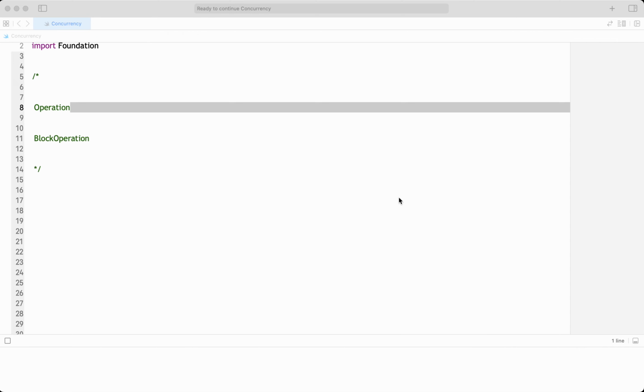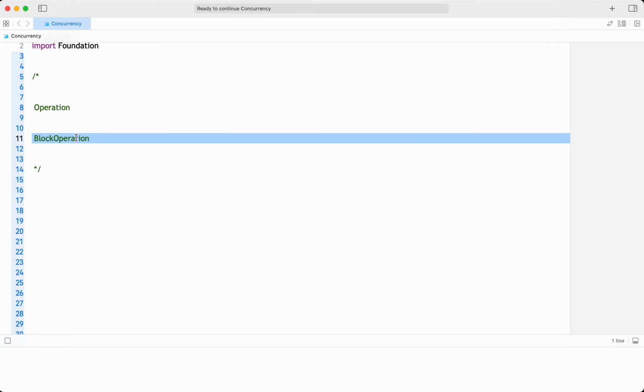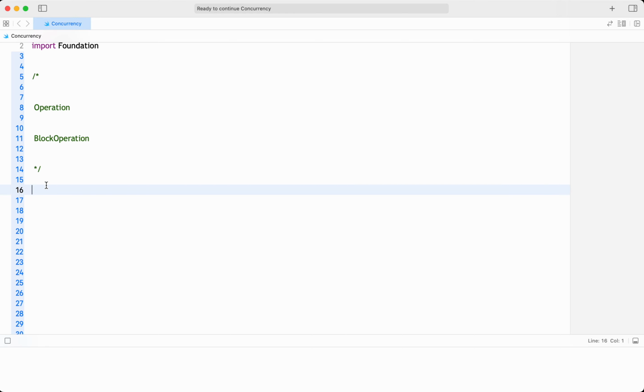First, what is Operation, what is BlockOperation. Operation is technically an abstract class from which BlockOperation got subclassed. So Operation is like an abstract class and BlockOperation is like a concrete class. Both represent a single unit of work that can be performed asynchronously, of course. Both encapsulate the work to be done in a queue. Whereas Operation, as it is an abstract class, if we need to use it, what we need to do is